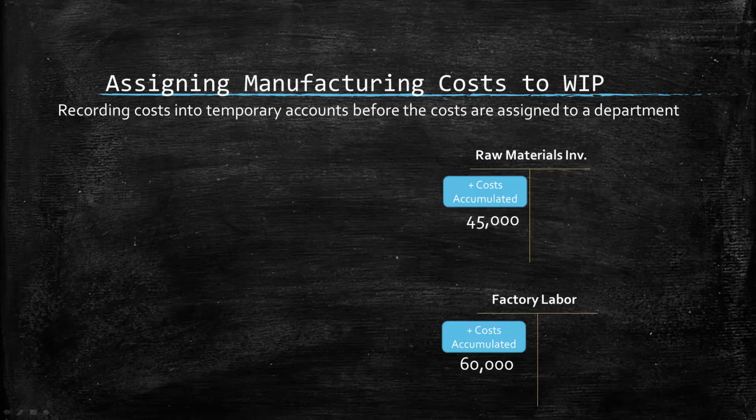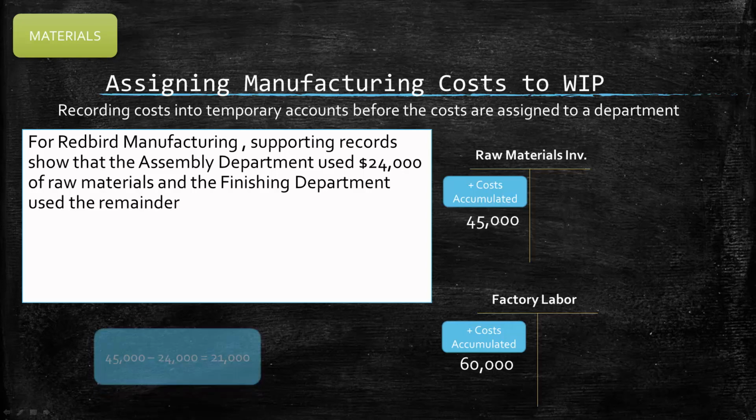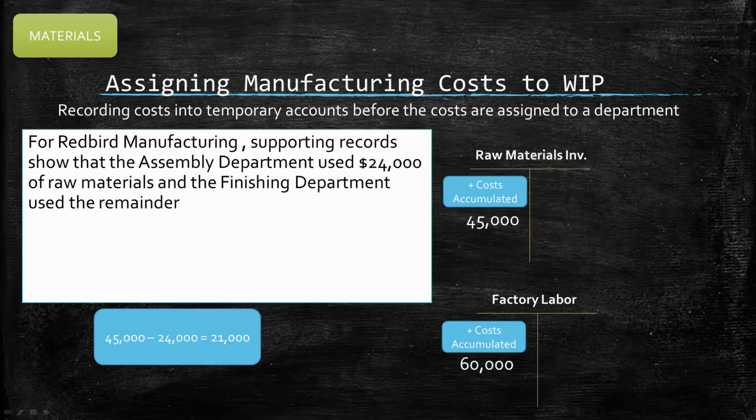Now let's look at our journal entries relating to the assigning of costs. Assigning costs is a process of moving them out of the accumulation accounts and into work in process inventory. So first, let's look at assigning our costs relating to materials. For Redbird Manufacturing, supporting records show that the assembly department used $24,000 of raw materials and the finishing department used the remainder. So in this example, we're using all $45,000 of the raw materials. And so if $24,000 was used by the assembly department, then the other $21,000 must have been used by the